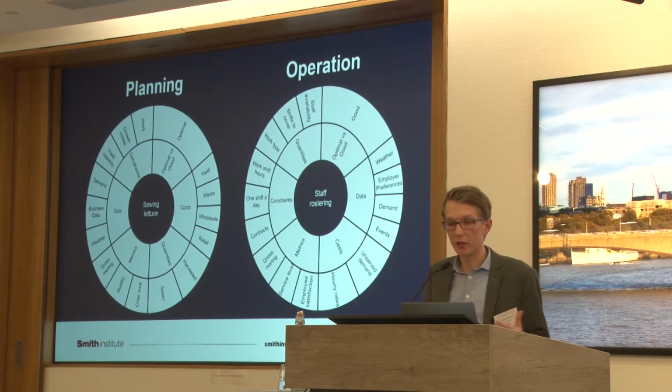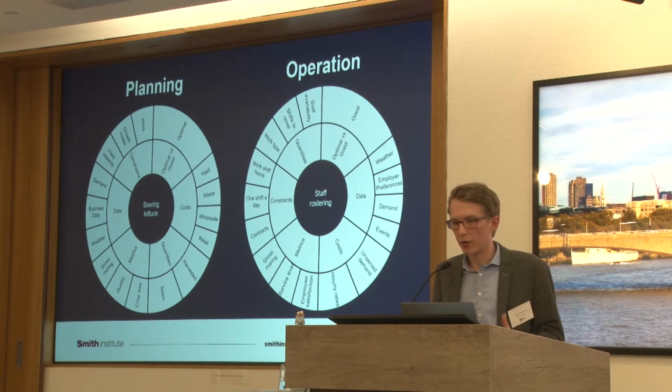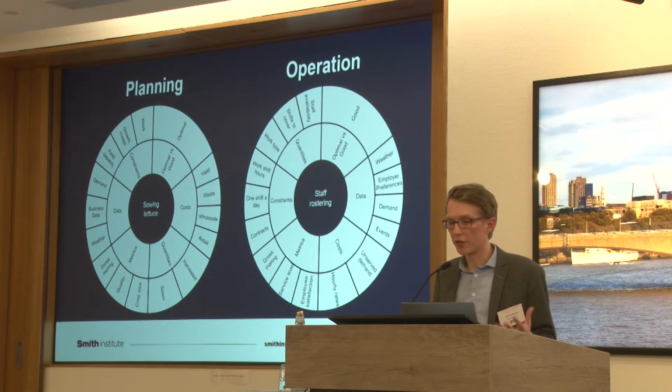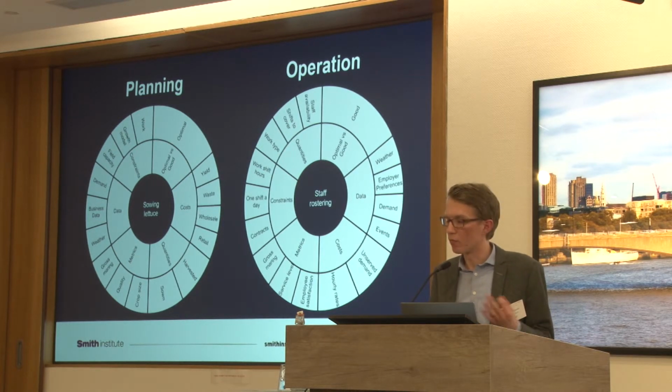A different example here again is the staff rostering. The quantities that you have are the staff availability, the shifts that you want to cover, and the work that needs to be done. Some of the constraints are work shift constraints. You may only be able to do one shift a day, and there are the types of contracts you have. Metrics in this case, again, gross margin could be one, but also employee satisfaction. You might want to produce staff rosters where your staff have a similar schedule every single day because that will keep them happier.